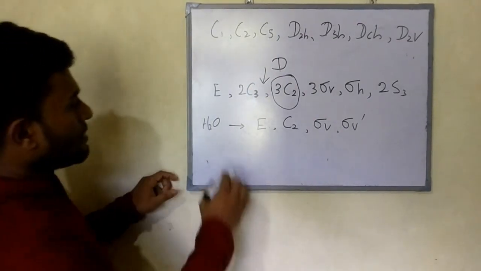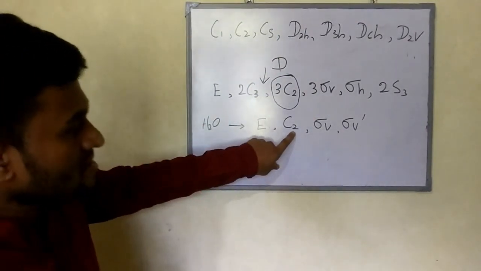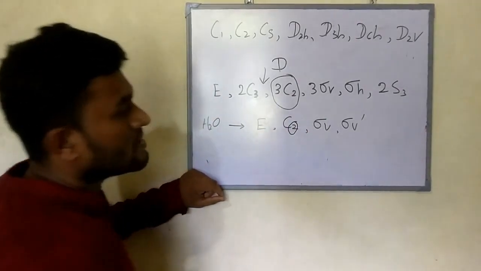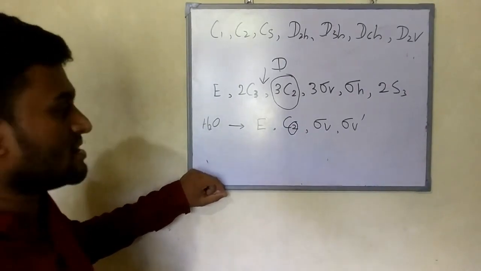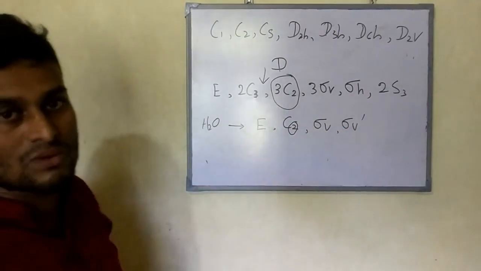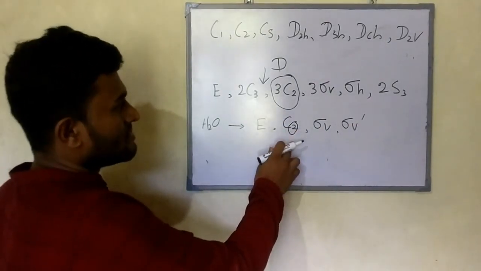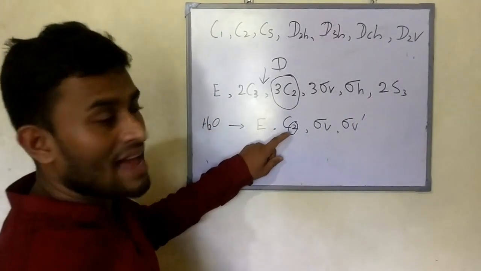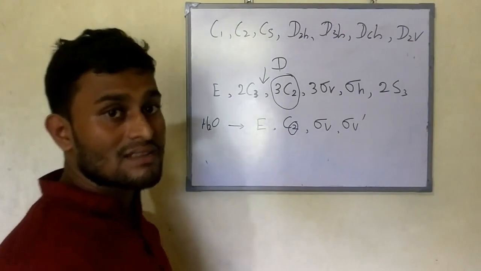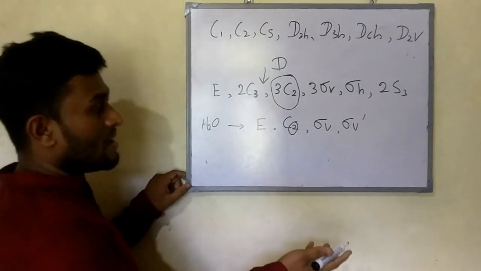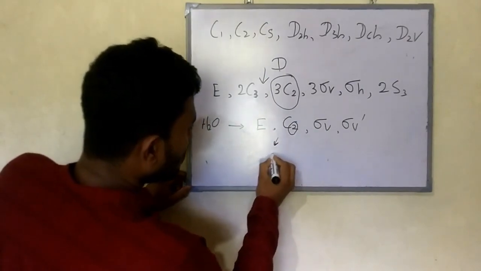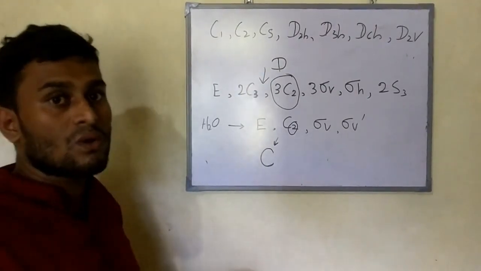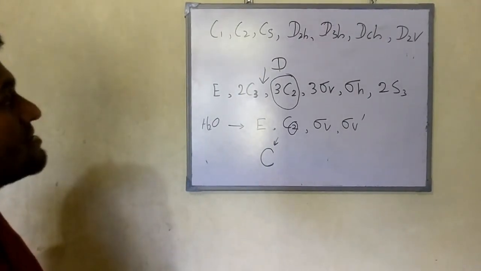Okay. For this example, this is the principal rotation axis and the number is 2. Then you need to see how many other C2s there are. There isn't any C2 possible here. So this is the only one. If the other C2s are fewer than the principal rotation number, that is a C group. Here there isn't any C2 axis, so the point group is in the C group. So that is how we are going to indicate the Schoenflies symbol.